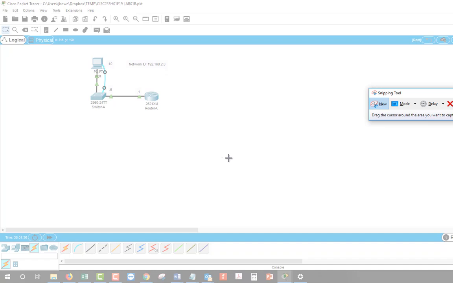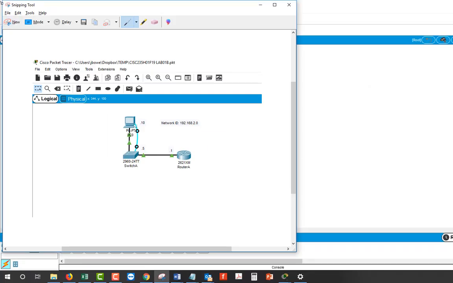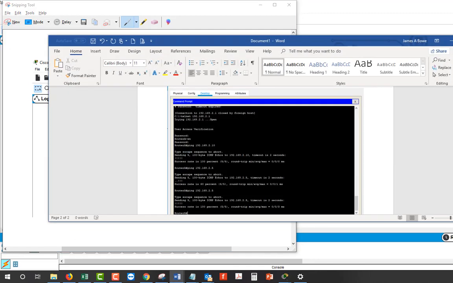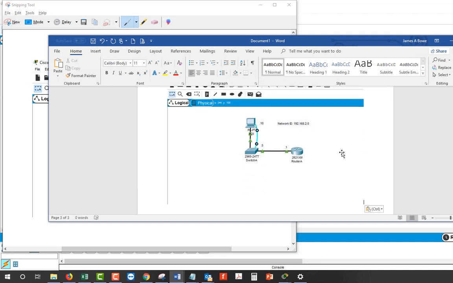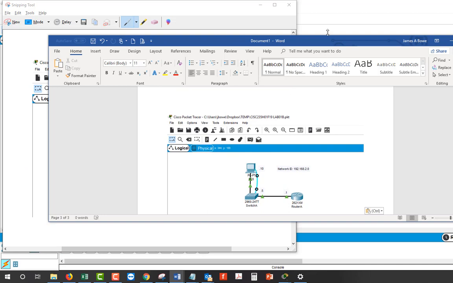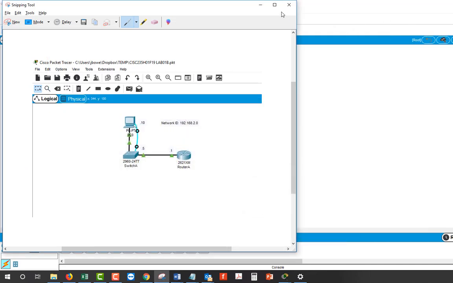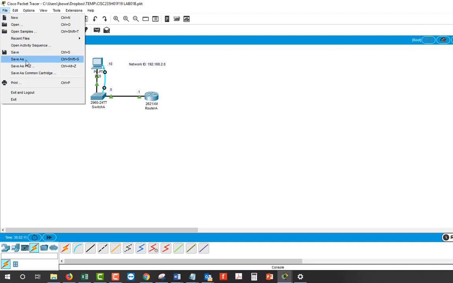and we'll now highlight this, switch over to our Word document. Where is that? Here it is. Okay, and there that is. Now I want to go to the bottom and paste in our network diagram from our Packet Tracer. Finally, I want to save this file,